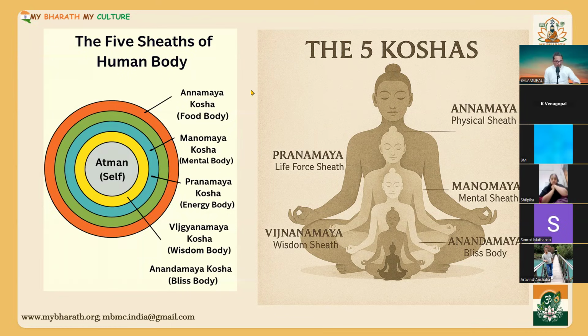Remember that. Now here we go from outer to inner. What does it mean? Outer means bigger, inner means small. No, outer means gross. Gross, visible is Annamaya. Little less visible is Pranamaya. A little more subtle is Manomaya. Much more subtle is Vijnanamaya. The subtlest is Anandamaya. Now, inside Anandamaya, who is there? The self is there. Your soul is there. You see here, the Atman, the self, is here. The yellow is Anandamaya.